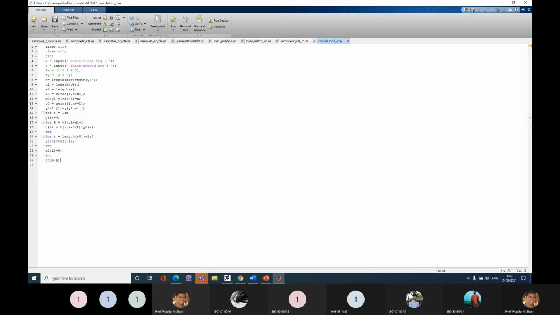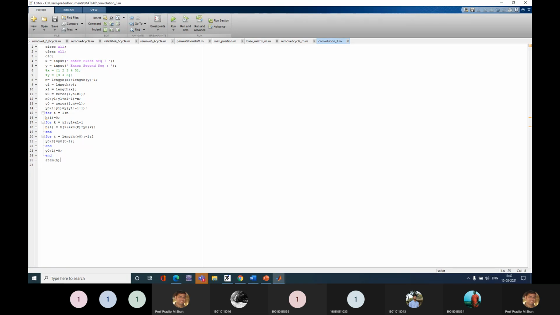So I use the same command, and I define a new variable n. You can say n is the length of my final output sequence. Here we do not know the length because I'm using a user defined program, so I use the length command. Otherwise you can put the length directly.